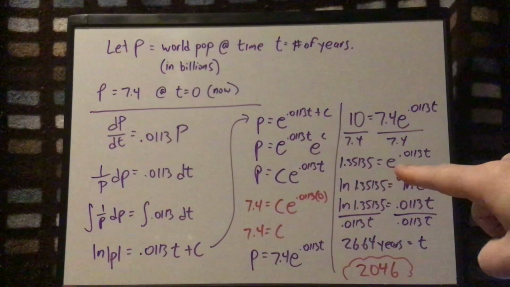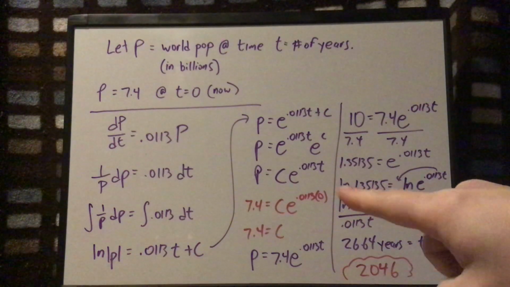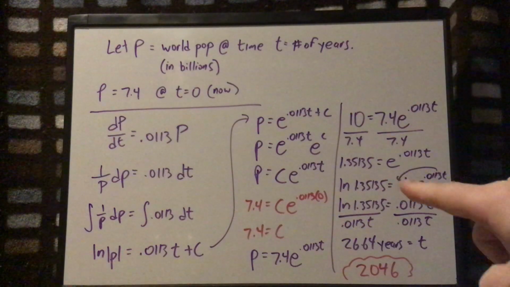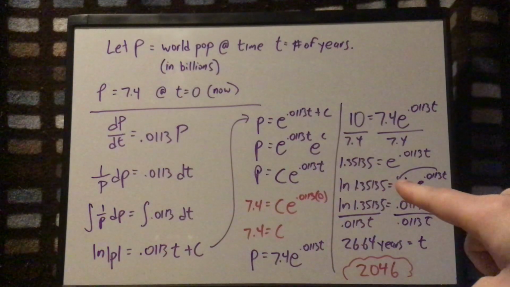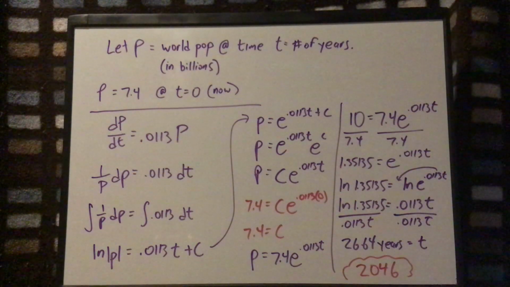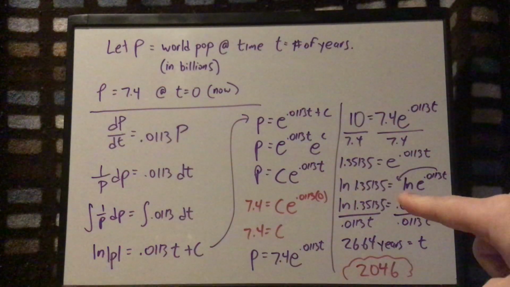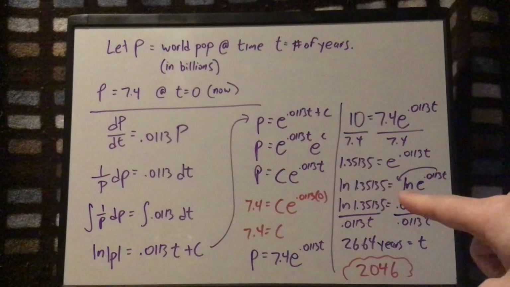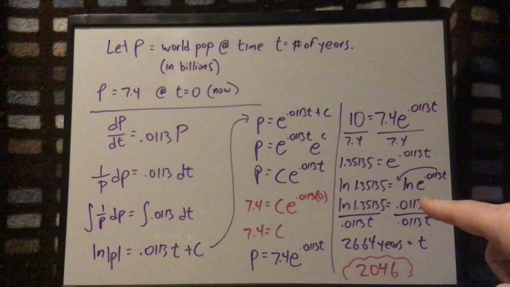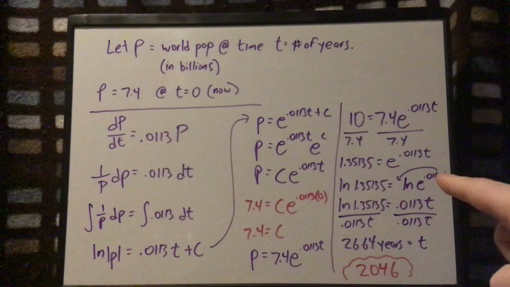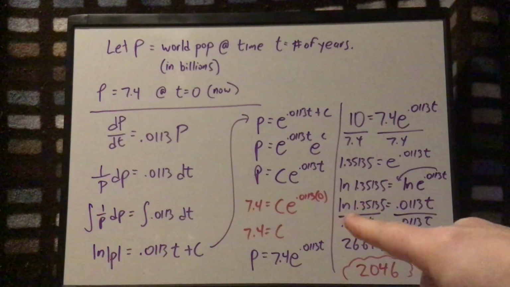Now, the way I get rid of the e is to natural log both of these. If I natural log this, well, this is some number I would want to get out of a calculator. Remember, throwing natural log in lets me use the log rule to kick that thing out. So the 0.0113t comes out front, and I get, I didn't write it because I was running out of space, 0.0113t ln e. ln e is 1 because ln e means e to what power gives me e, and that just cancels away as a 1. So in the next line, this hops out, ln e goes away as 1, and I'm left with this line,